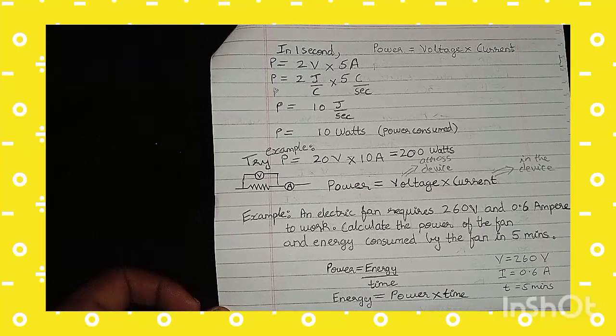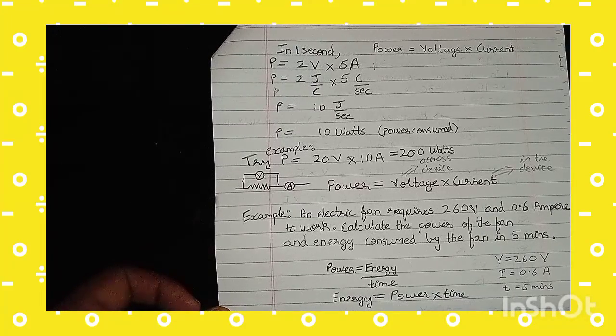We can take another example where we substitute different values for V and check. We have answered the first example. You can try out another example. Instead of 2 volts you can put 20 volts, and instead of 5 amperes you can put 10 amperes, and you can check. The answer will come to 200 watts. You can try with different numbers and see for yourself, and you can substitute any number you require and solve these problems.